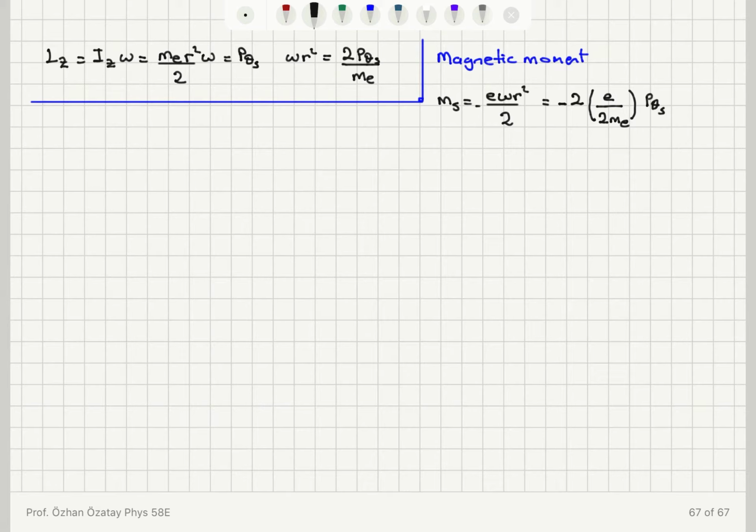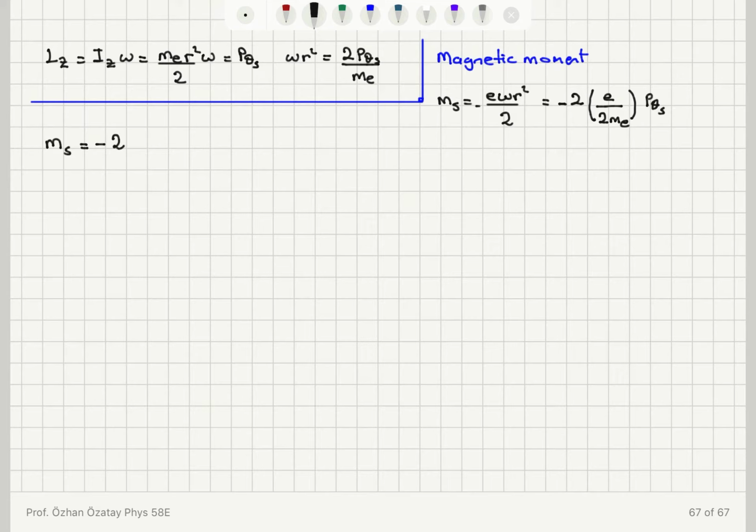So I substitute for omega r squared, 2 p theta s over me, and that's basically the answer I'm getting. So the classical result using this model for the magnetic moment due to spin is minus